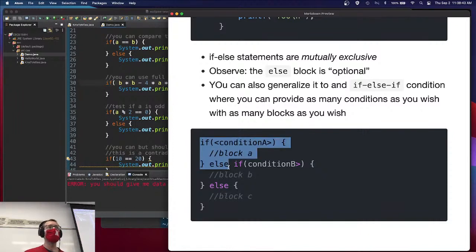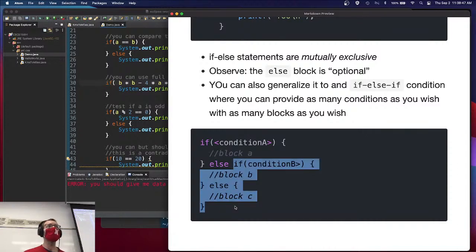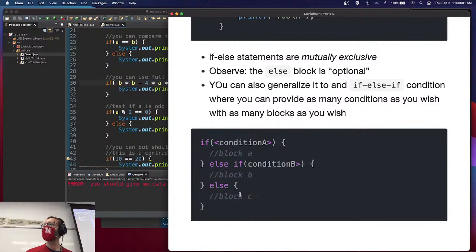If, else, all we're doing is attaching this if-else to the end of that. So syntactically, there's no such thing as an if-else-if statement. It's just a bunch of if-else statements strung together. You can have as many conditions as you want, and as many blocks as you want. If I had 10 blocks, I would need 9 conditions to determine which one of those things